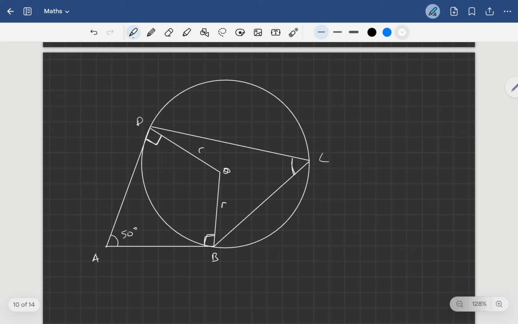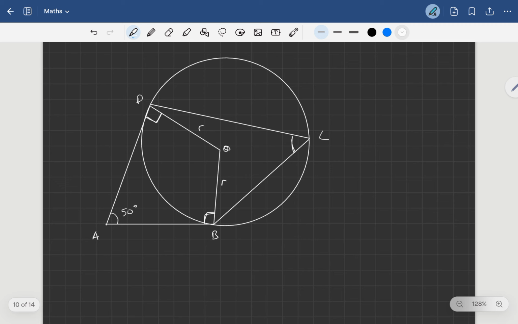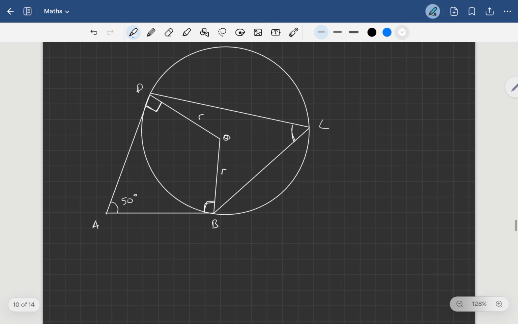Now, I realize that quadrilateral ODAB has to have angles that sum to 360, because angles in a quadrilateral sum to 360. Okay? And we know already 3 of those angles. So we can work out what angle